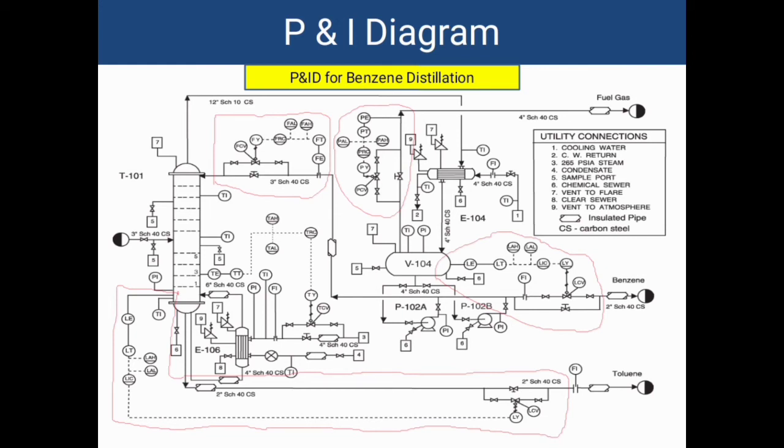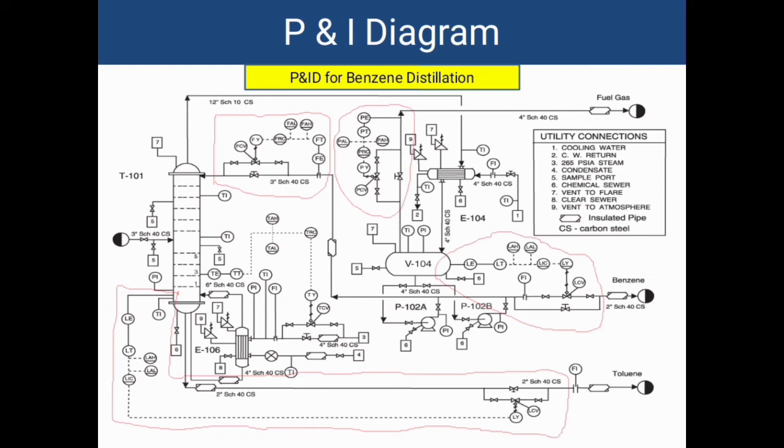And the second is the reflux flow controller. From the reflux drum, the reflux is pumped to the distillation tower. Here one flow element FE is there, which will transmit the measured variable to the flow transmitter, and it goes to the flow indicator controller. Here also one alarm will be actuated. Then this FIC controls the flow control valve FCV. Finally the flow of the reflux will be adjusted. Like that, there is one pressure control loop in the fuel gas and another level control loop in the reflux drum.